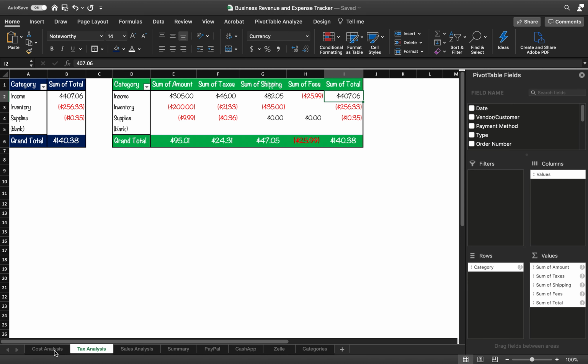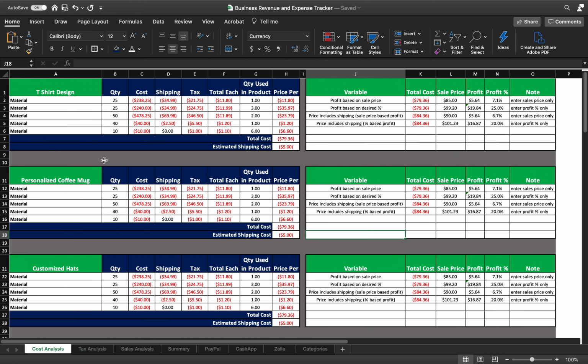You can also do a cost analysis. So when you're making a product, and here you can input whatever your product is. Maybe you buy a lot of material at one time and use it on multiple products. So you can list your material and the quantity that you buy in bulk, the total cost plus the shipping and the taxes charged for that product, and it'll break it down for you and tell you how much there